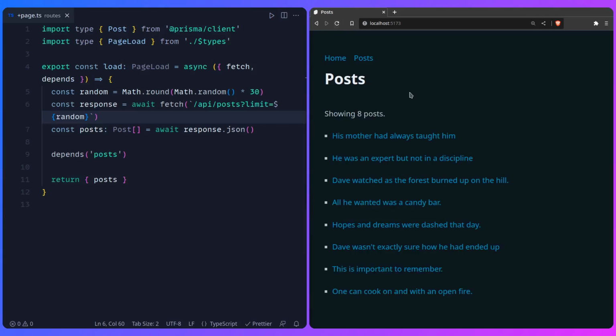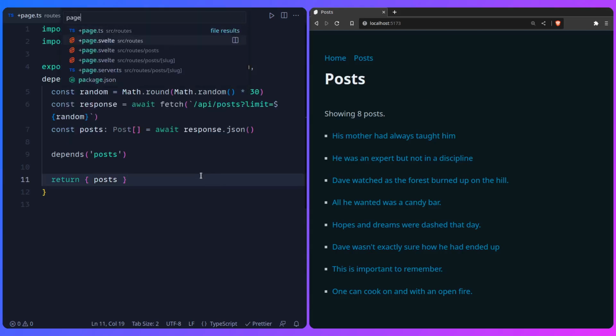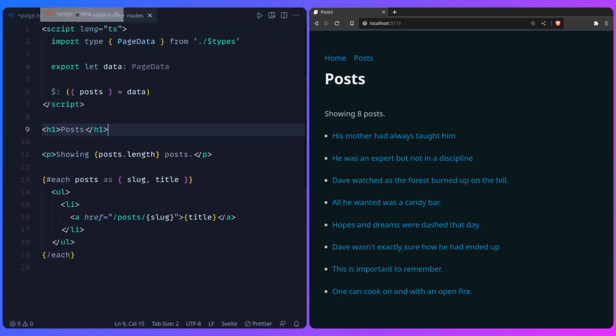But we don't want to refresh the page. We just want to do it manually ourselves, invalidate the load function, and rerun the data for the page. Alright, so now we have to go to the page, which is going to be here, source routes page. Remember here we have our post, and we're going to move it here. So what I'm now going to do